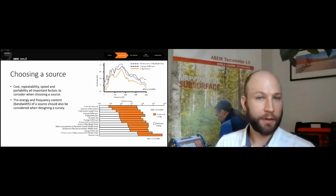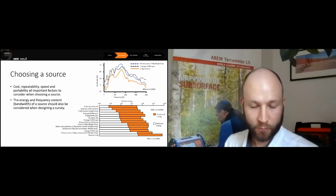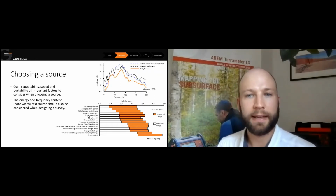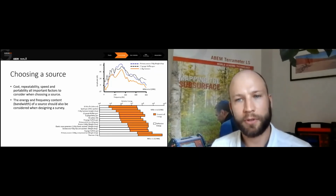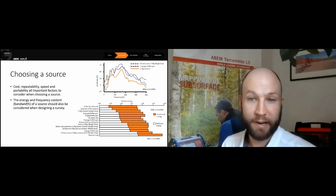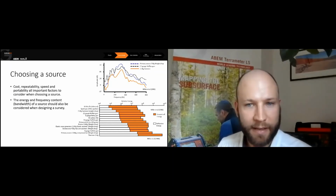So now, if we're looking at the survey design aspects and our choice of source, we need to consider cost, repeatability, speed, and portability. These are all important factors in commercial surveys. Hammers are lowest cost and suitable for a variety of near-surface applications on land. So a good place to start is to ask, will this provide enough energy, or will I need a